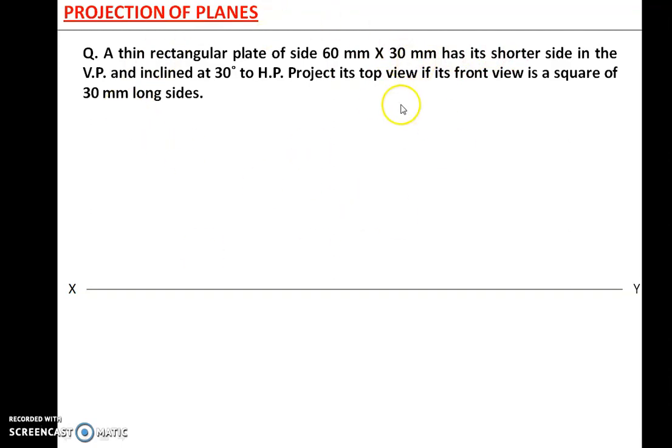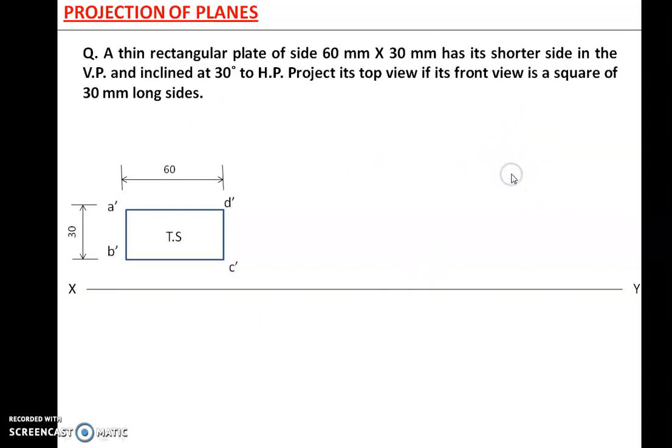Now you can see the first step. I will explain you the first step, then again we will come to this particular part when we will start the second step. So let us say that we have drawn the rectangle of 60 mm by 30 mm. So as the shorter side is mentioned, I have kept the shorter side of the rectangular plate on the left side, and these two longer sides are parallel to XY. So this is the dimension 30 mm and 60 mm.